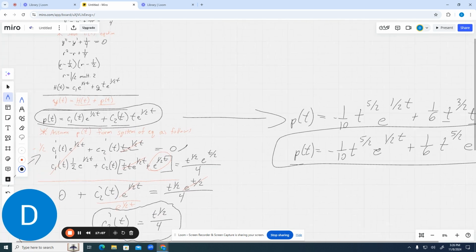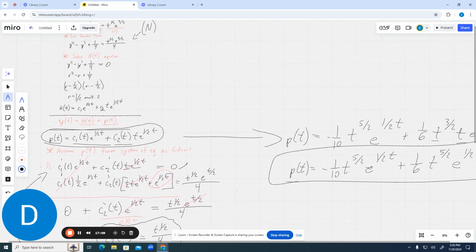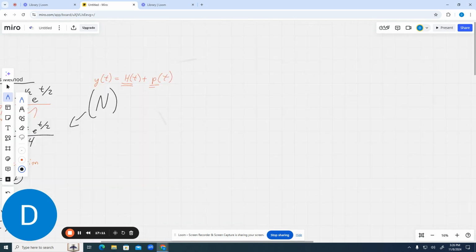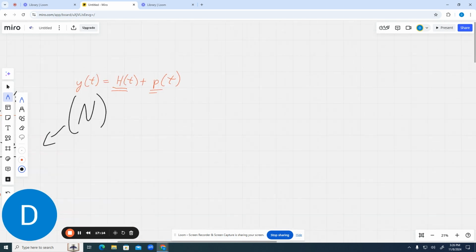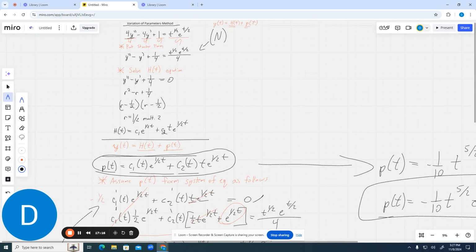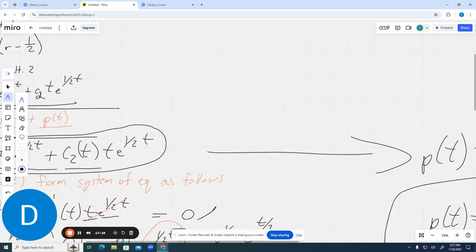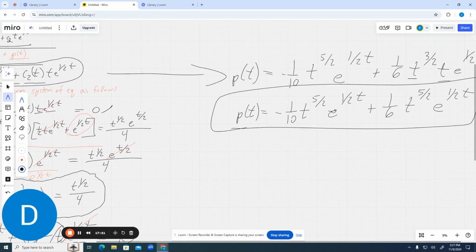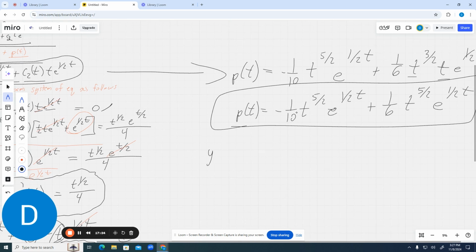And so let's remember the end game here, right? Y of t equals your homogeneous plus your particular. We have our homogeneous solution right here, right? We have our particular solution over here. So the end result is y of t equals, and then we just plug in all of this, right? Plus C2 t e to the 1/2 t